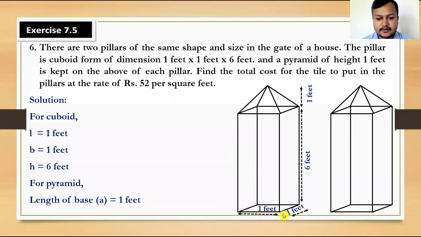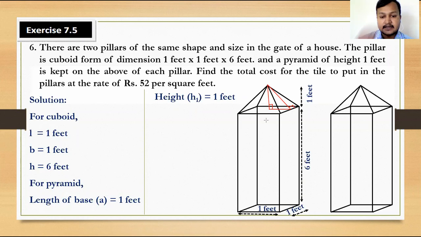यता बेस को लागि 1 डिनोट गरेको थियो, माथि पिरामिड को बेस पनि त्यही भयो 1 feet, and height is 1 feet. So to find out slant height, from here we have to calculate the slant height. यो यहाँ हुन्छ slant height, यो find out गर्नुपर्ने छ. For this one we have to use Pythagoras theorem, that is L square is equal to H square plus A by 2 square. The right angled triangle inside the pyramid, for that we used Pythagoras theorem.